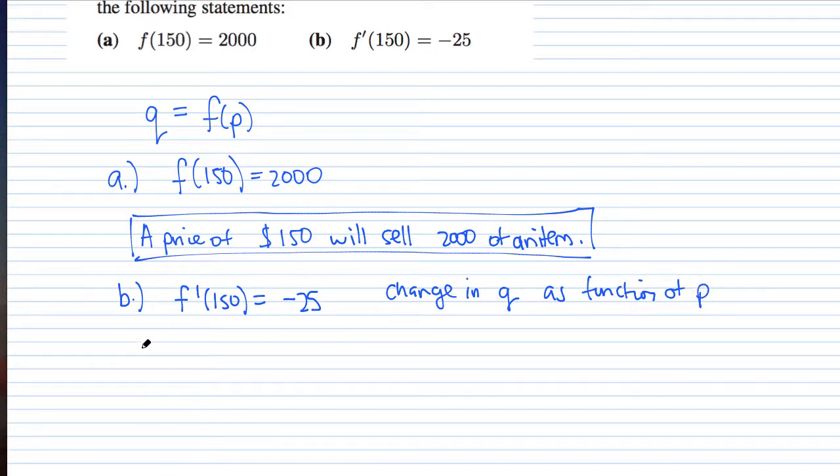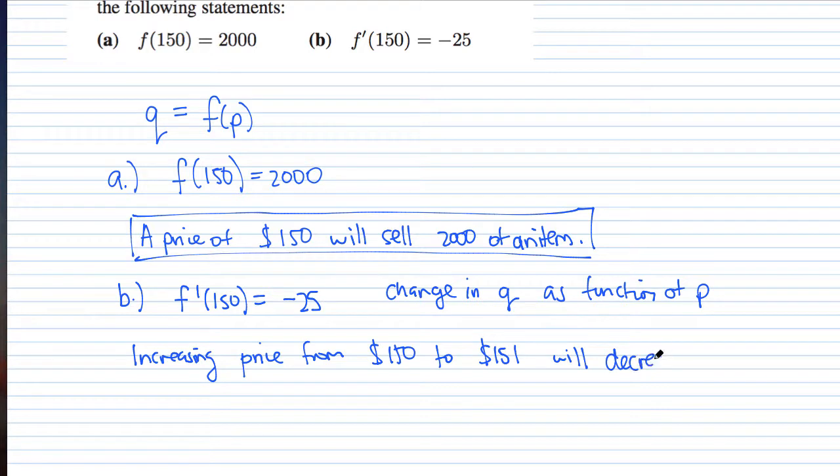This means that increasing price from $150 to, let's say, $151 will decrease the quantity sold